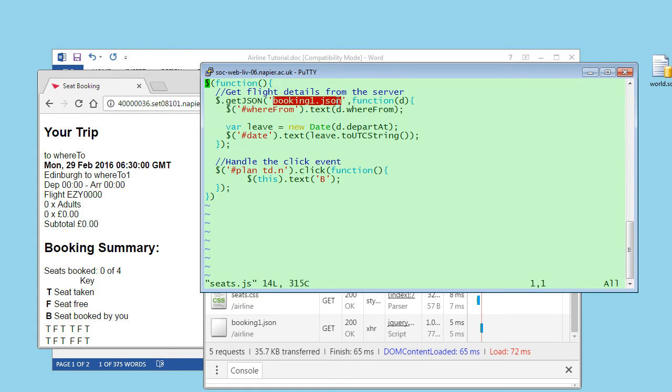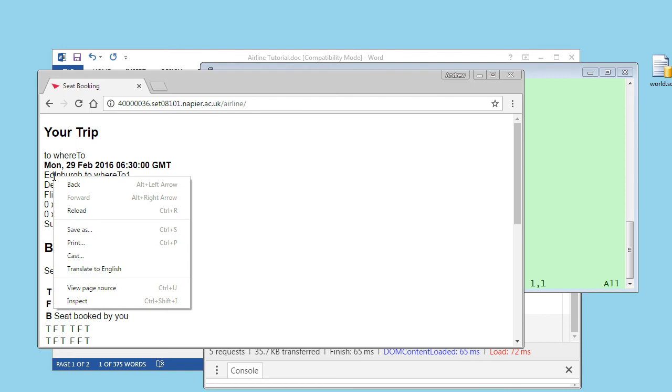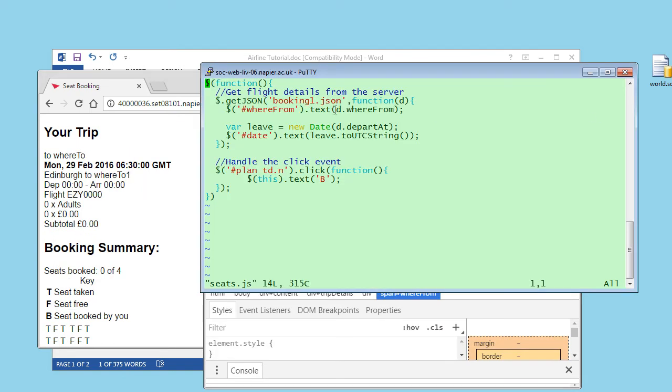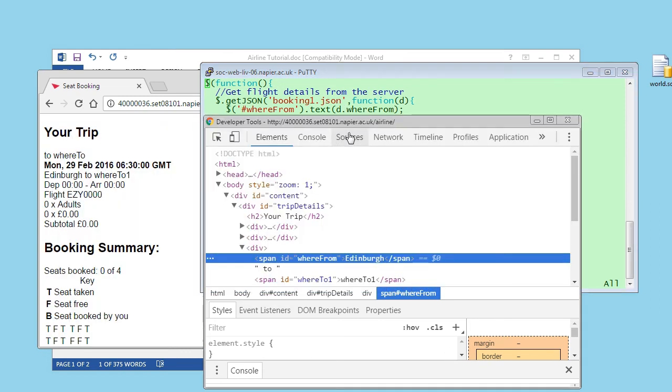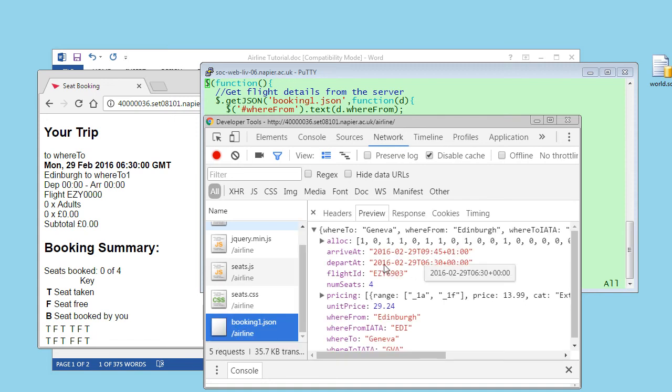So after that data has loaded, this is the success function that kicks off, and I change where from, this thing with ID where from, which I'm guessing is this one here. That's Edinburgh that I'm going from. That's where from, yep. And that gets changed to d.wherefrom. Let's take a look at the download. Here's the network, and here's booking. We can see this is the JSON file that came down, and where from is Edinburgh, and where to is